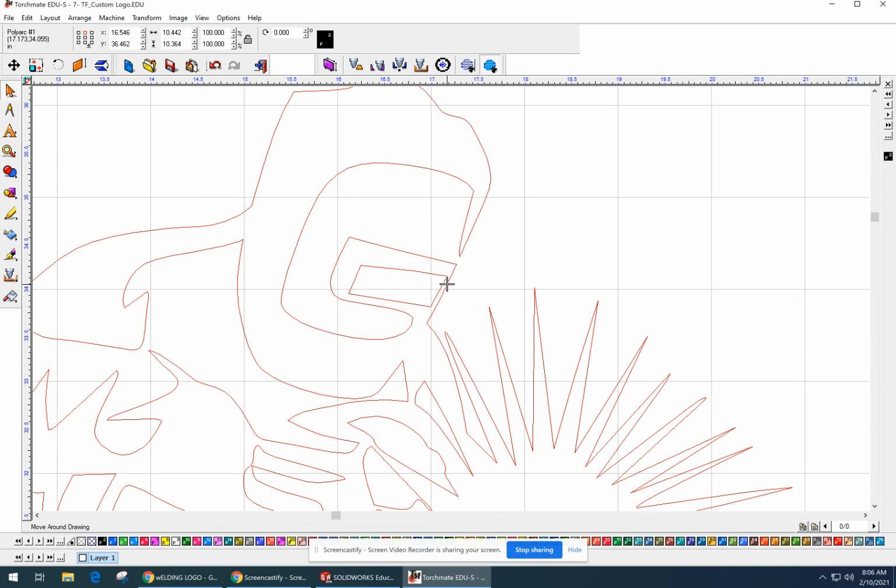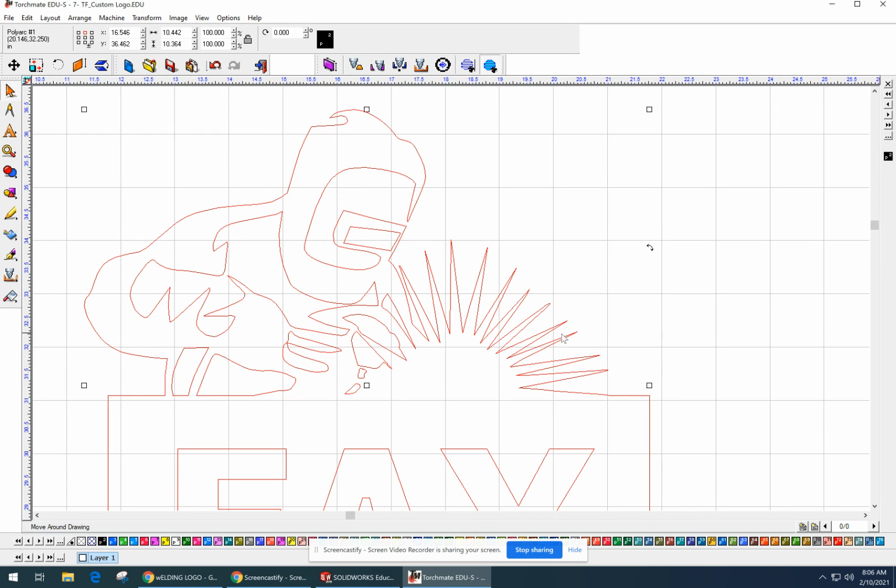Here's another one. This little sliver right here is so thin that I think it's probably going to melt off. To be honest, I think a lot of this arc is going to melt off too. But really, I think all it'll do is it'll cut out to here, and then maybe the second half or the second third will melt off, and the rest of these points will still look okay. So I think these I'm going to leave and just see how they come out when I cut it out. But